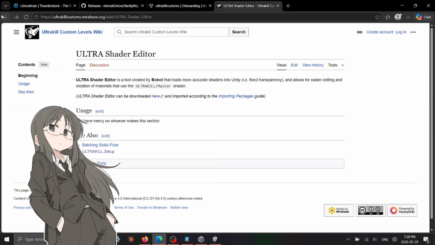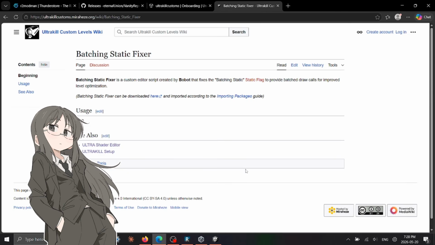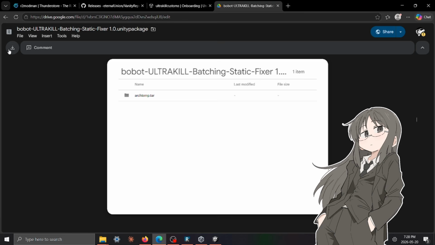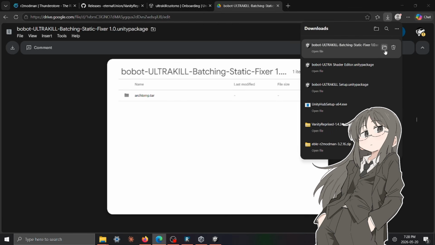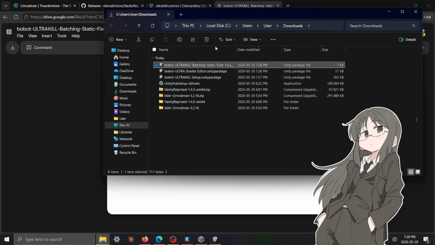And finally, I would recommend the Batching Static Fixer. All of these are tools by Bobot. So thank you, Bobot. Should be able to see them all here.